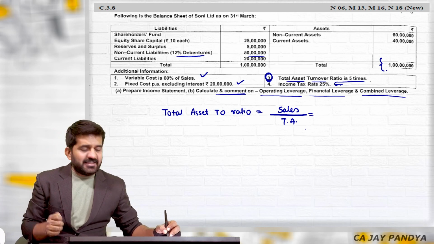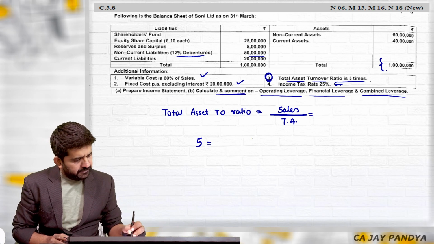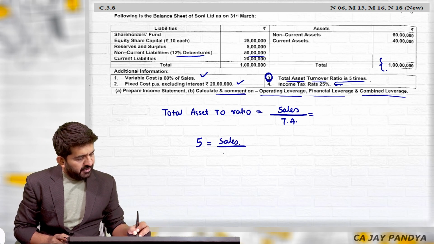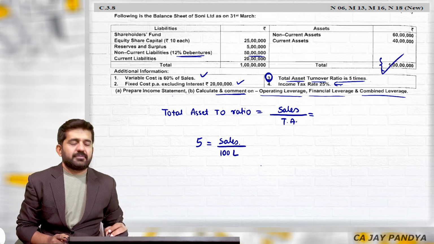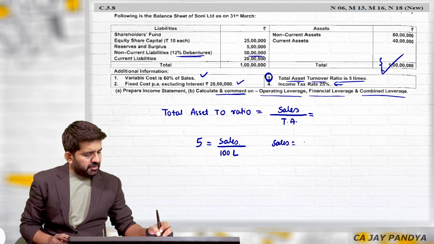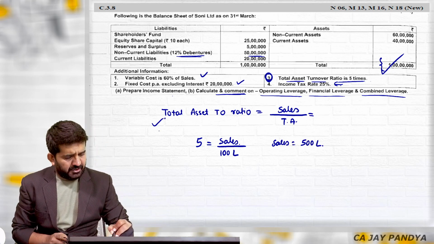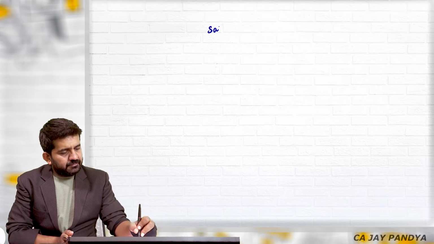What is my sales? I don't know. But I know what is total asset turnover ratio. It is 5 times. Sales, we don't know, divided by total assets, we are knowing. Total assets is 100 lakhs. Solving this equation, sales will be 500 lakhs, and that is required from this particular equation. So sales is 500 lakhs